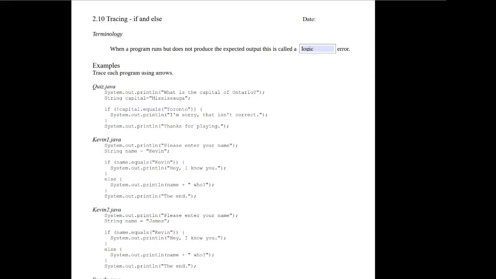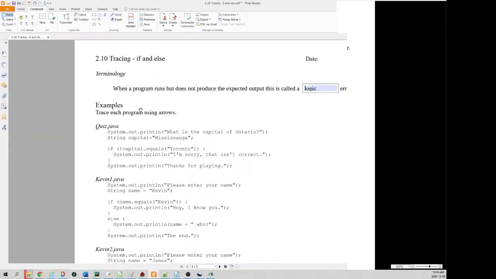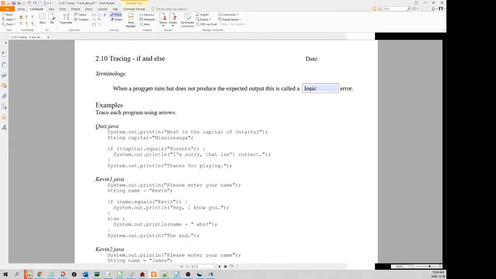Here we have a number of programs which you have a copy of and you can run as you're watching this video. What we're going to do is simulate what the computer is actually doing as it runs the program. We want to be able to follow through the program as the computer would do it when it's running the program. So to do that, we're just going to draw on our note here. And so the program starts on the first line,